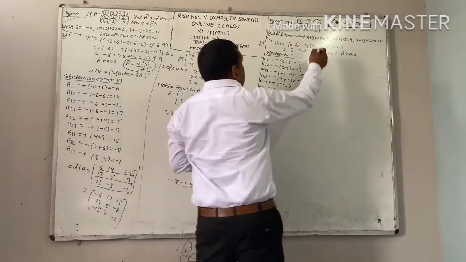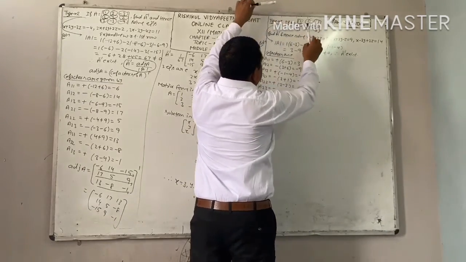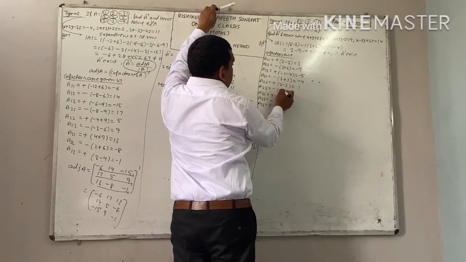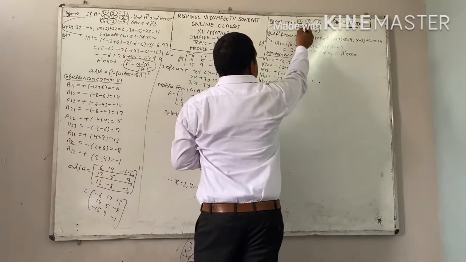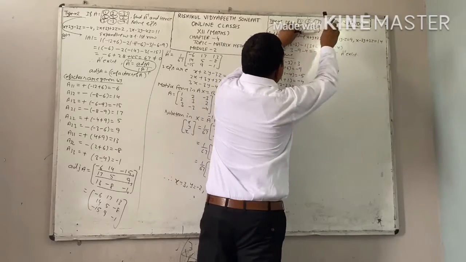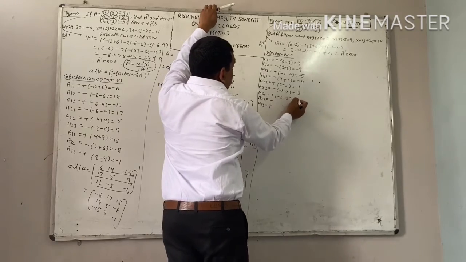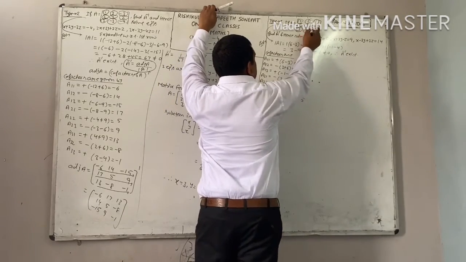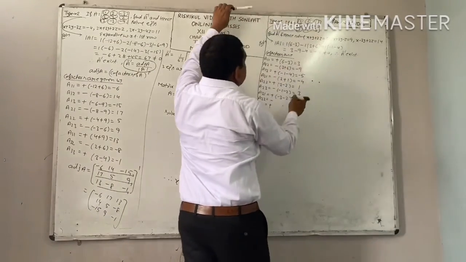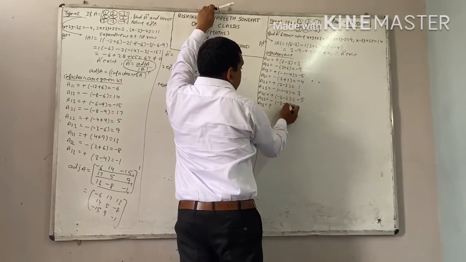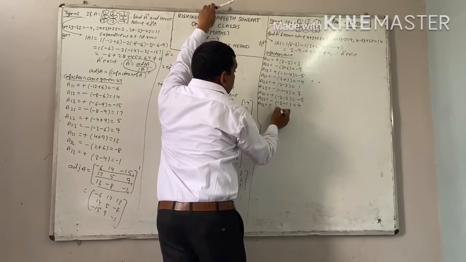Now, second row, third column. This is horizontal, this is vertical. See what is left: minus 1, minus 2, plus 3. Next, for the third row, this is horizontal, this is vertical. See what is left: minus 3, minus 2. Now A32. Horizontal, vertical, this is your minus 3, minus 1, minus 4, minus plus 4. Now the last entry, this is horizontal, this is vertical, you can write down 2, minus 1.